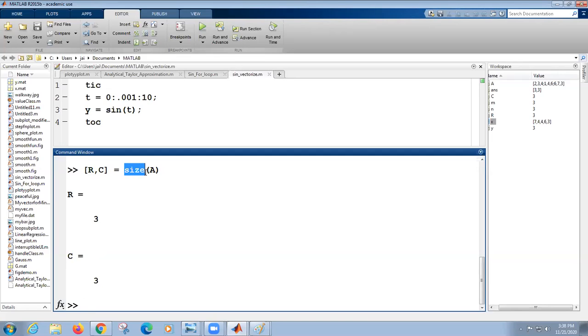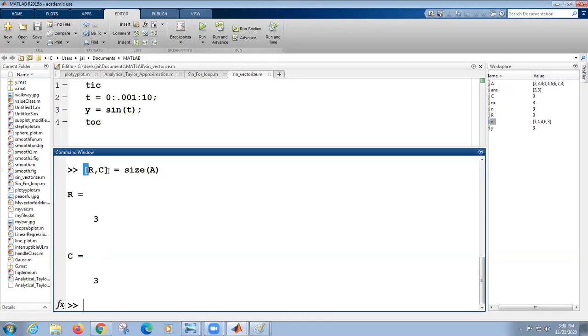This size is an inbuilt function. It takes an argument, and that argument, A, is a matrix. I'm giving the matrix as an argument to the size function. Now this size function must return something, the size of A. So I'm capturing those returned values in 2 variables, row and column.